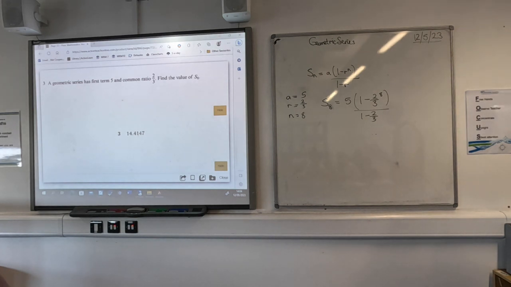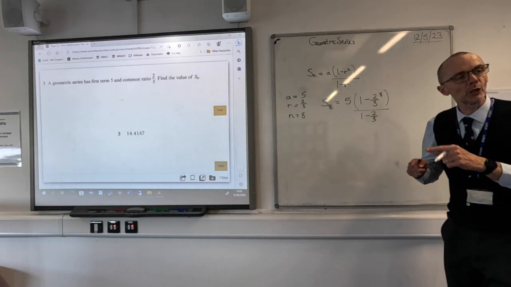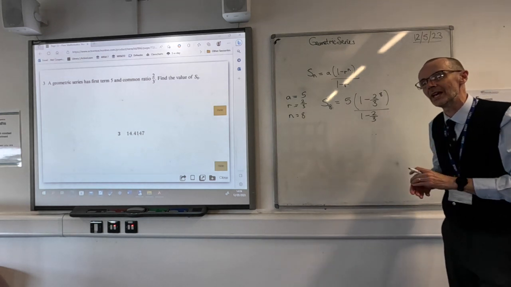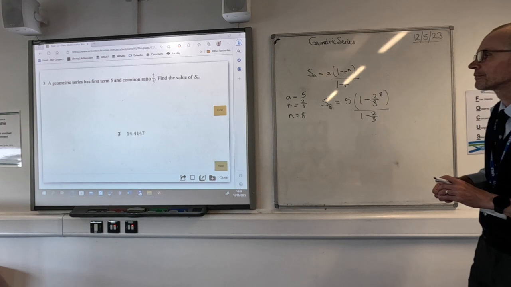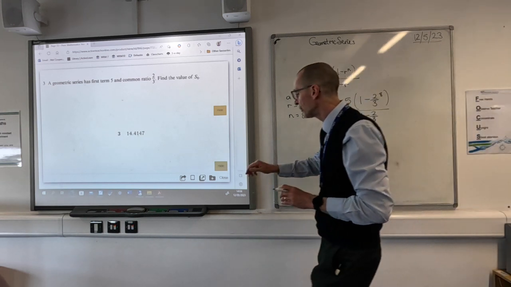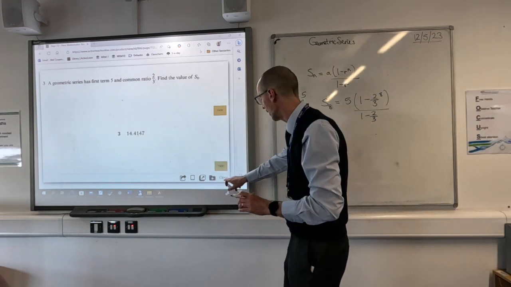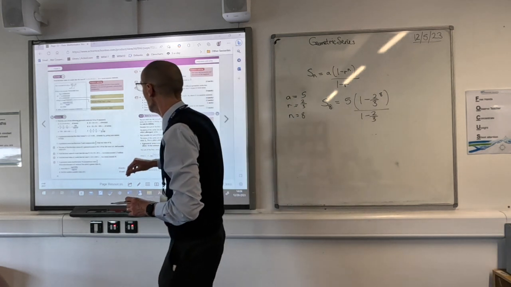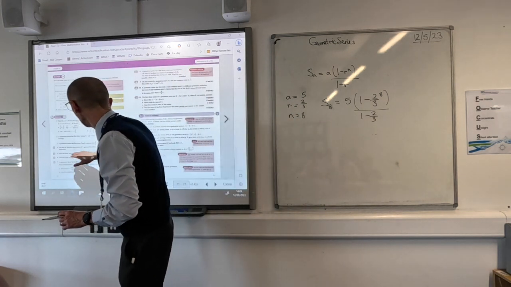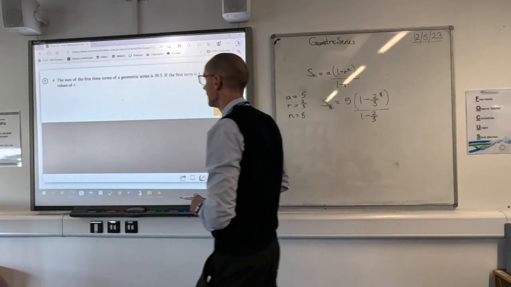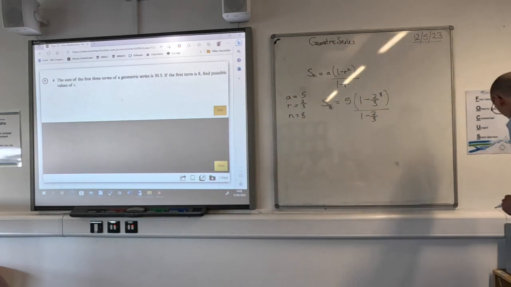Really, it's about plugging numbers into a formula. The difficulty with the logs comes when you don't know n, but in this case, we knew n. I'm rushing through that because we did that yesterday, and if you want to, that's on page 72, so you can go back and have a look at that result. If I apply the same principle to this question,